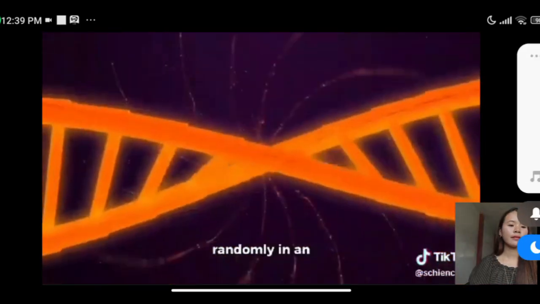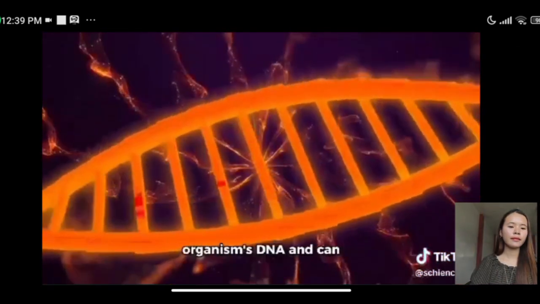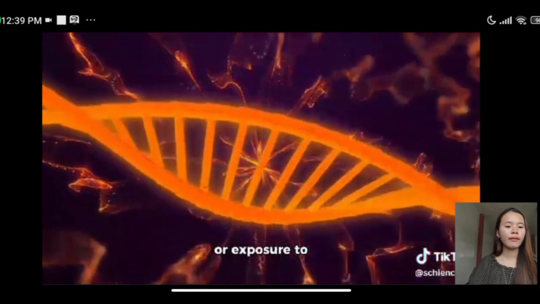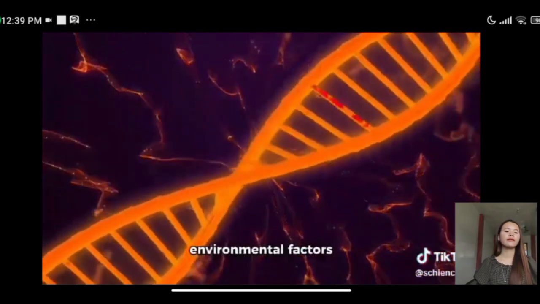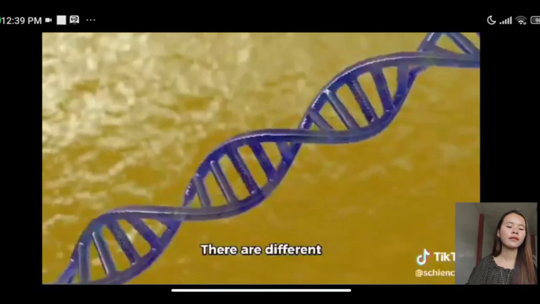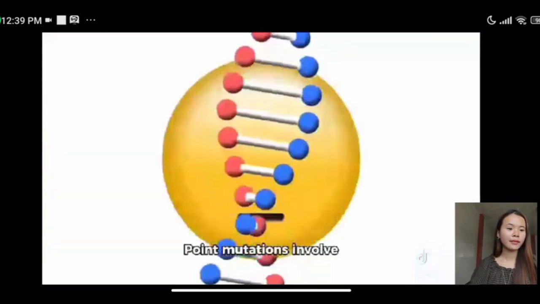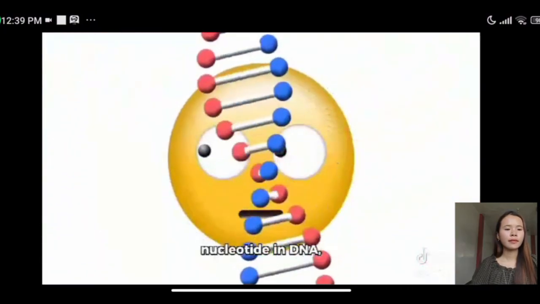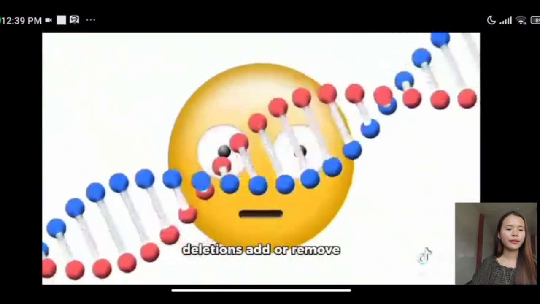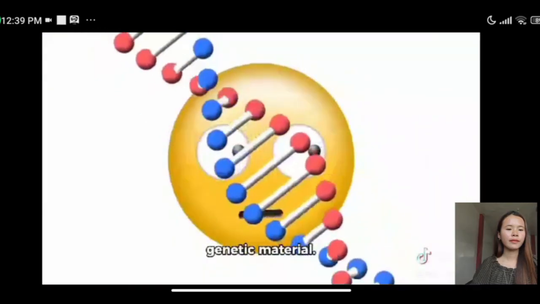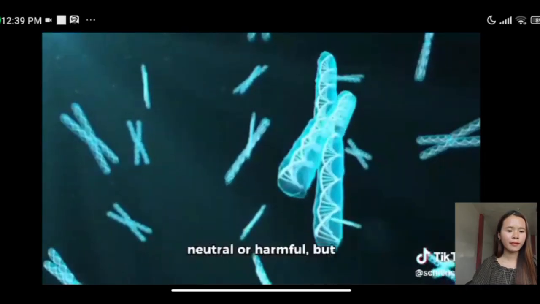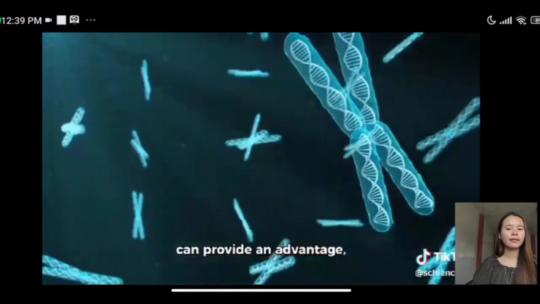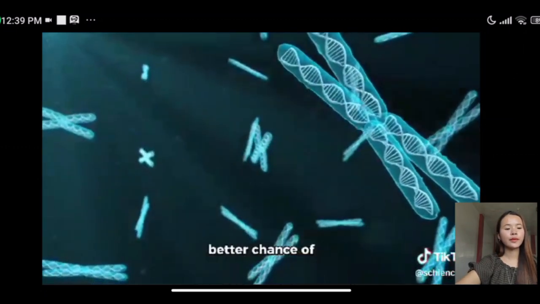Mutations occur randomly in an organism's DNA and can result from errors during DNA replication or exposure to environmental factors like radiation or chemicals. There are different types of mutations. Point mutations involve a change in a single nucleotide in DNA, while insertions or deletions add or remove genetic material. Most mutations are neutral or harmful, but occasionally a mutation can provide an advantage, giving an organism a better chance